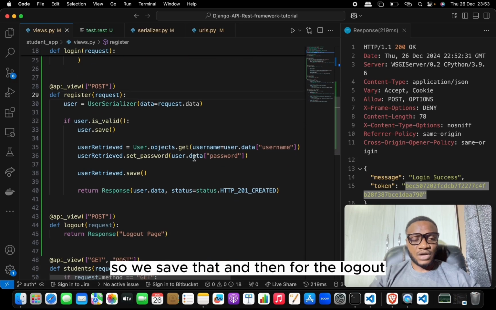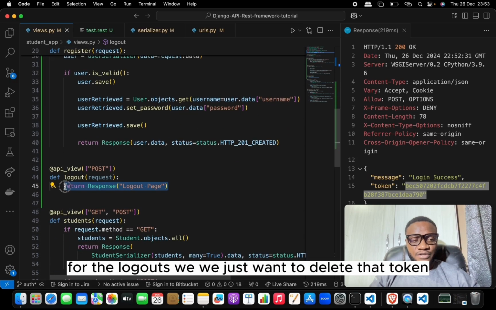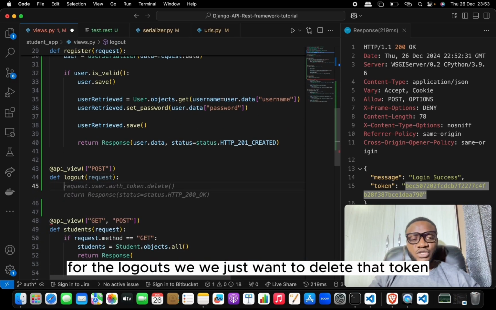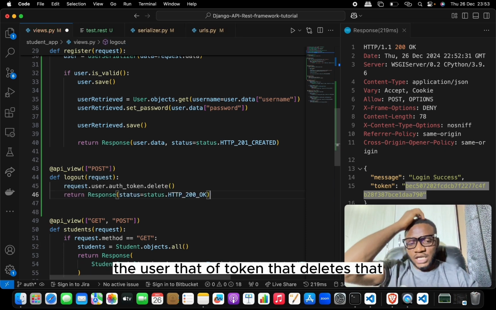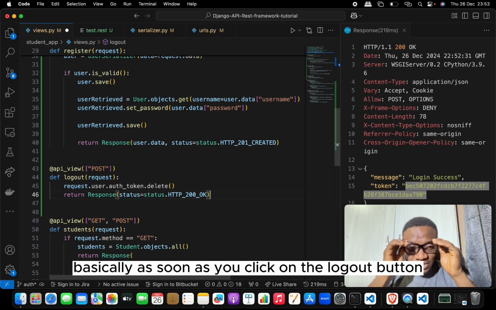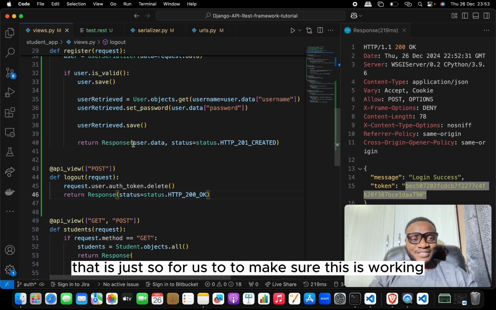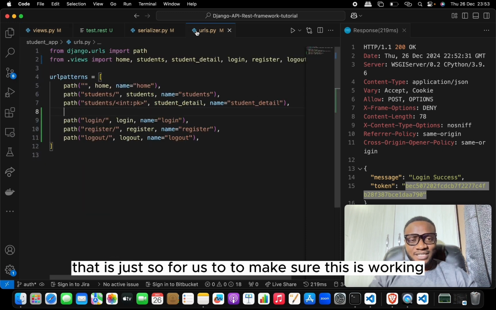Then for the logout, we just want to delete that token. So it will just be the user.auth_token.delete. That's basically as soon as you click on the logout button. That is just it. So for us to make sure this is working,